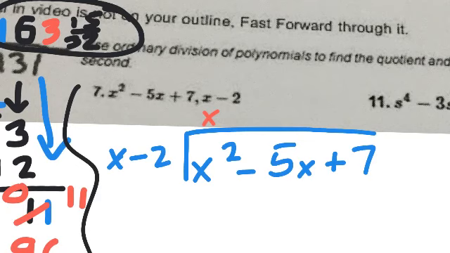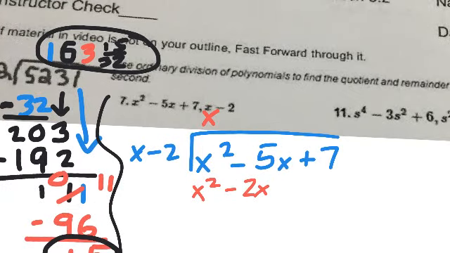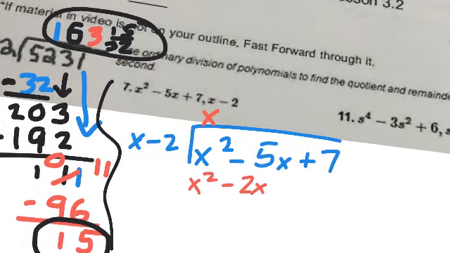Okay, then we have to multiply. X times x is x squared. But then I also have to multiply the x times the negative 2. So x times negative 2 is negative 2x. Okay. Ooh, what happened there? That negative 2x did not get tied down to... Oh, gosh. Give me just a second so I can tie them all together. Whatever. Okay, so